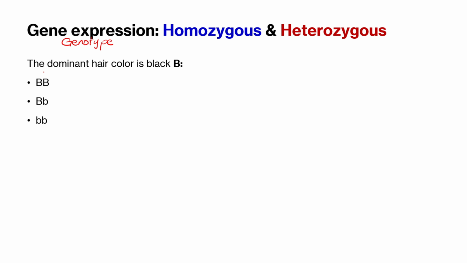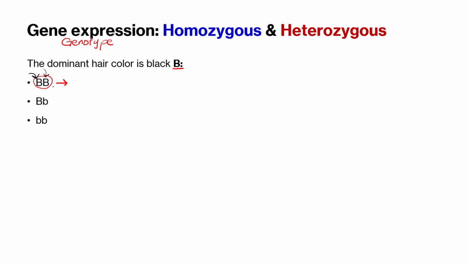So now let's say, for example, that the dominant hair color is black, which is capital letter B. You can see here we've got both capital letter B's in our genotype. This together is our gene. And then the alleles that we have here are B, let's say this is from your mother, and B, this is from your father. These are the alleles from your mother's and your father's chromosomes. Remember that we are finding this on a small section of a chromosome known as a gene.